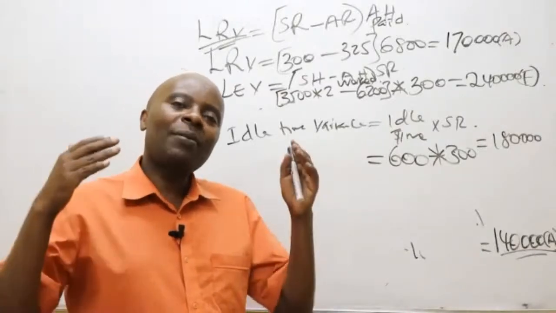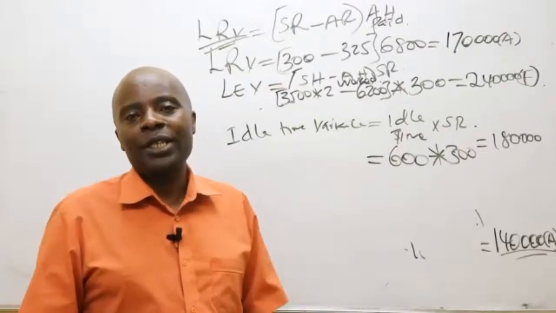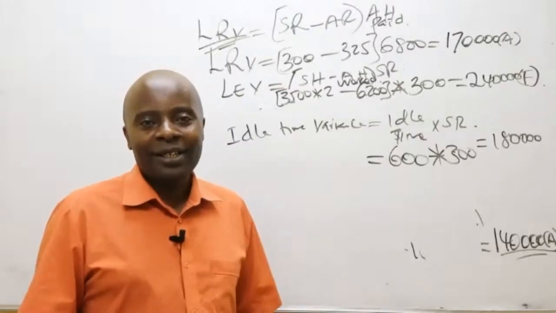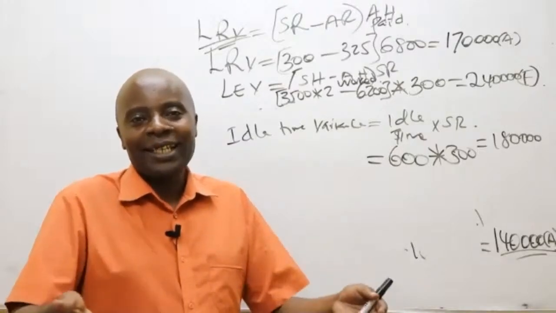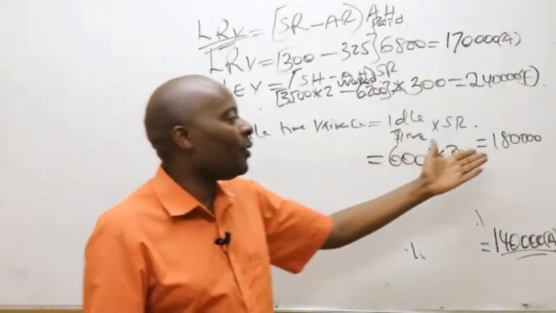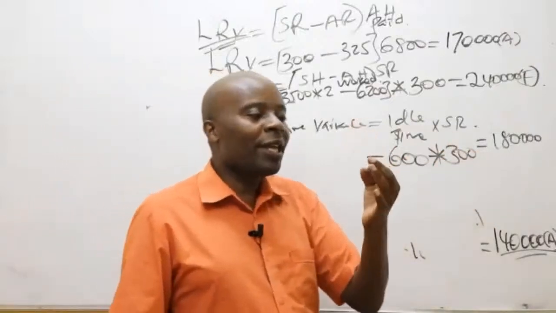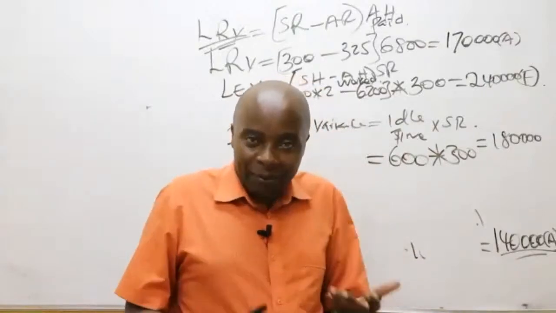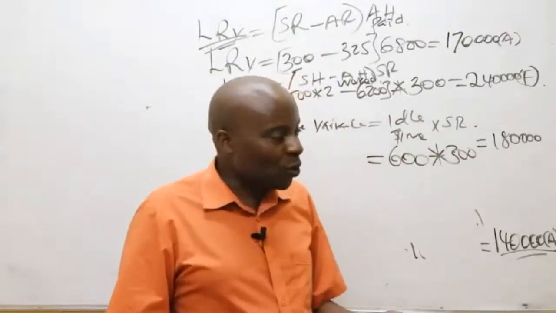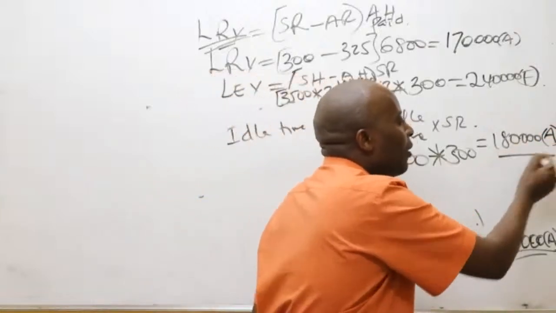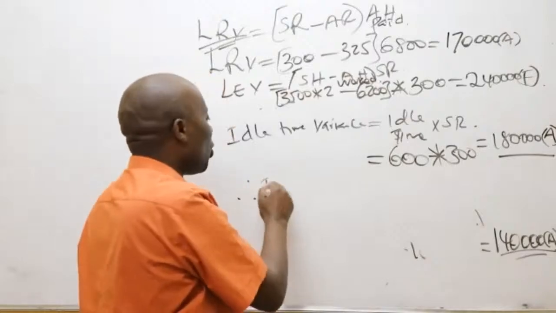These students are bright. Actually, I don't even know what I'm doing here. I'm just wasting their time and my time as well. They never really needed this simple class. They have known that even if the figure is positive, there is no way idle time variance can ever be favorable. I mean, who would be happy paying workers who are not working at all? So here we are supposed to talk of what here? Somebody adverse. And therefore, the total